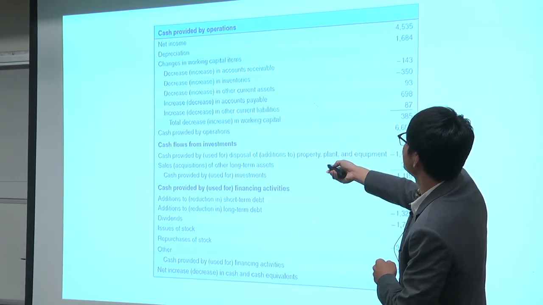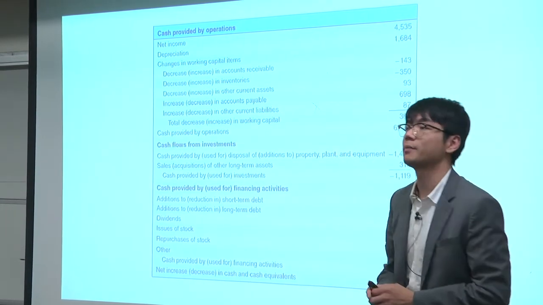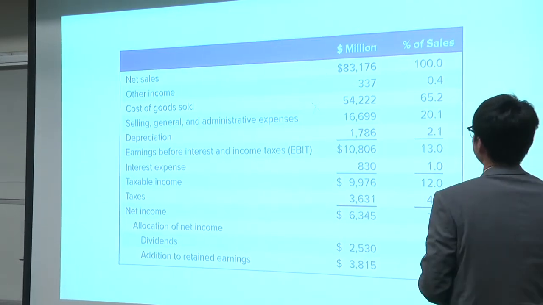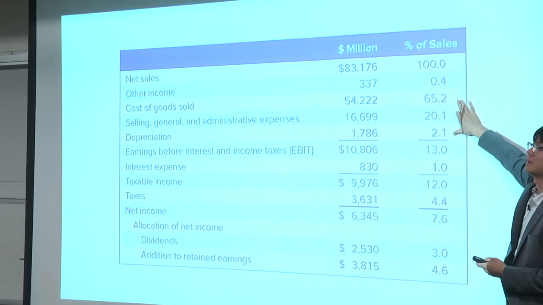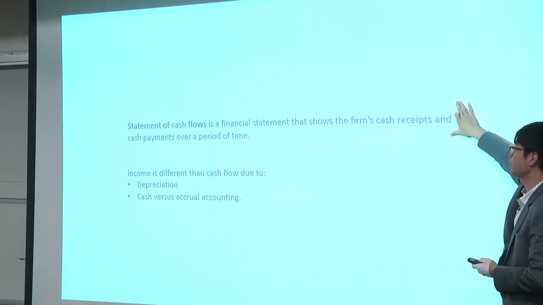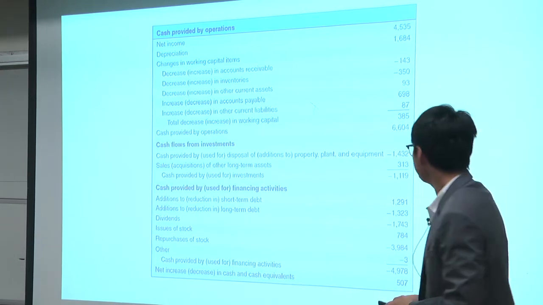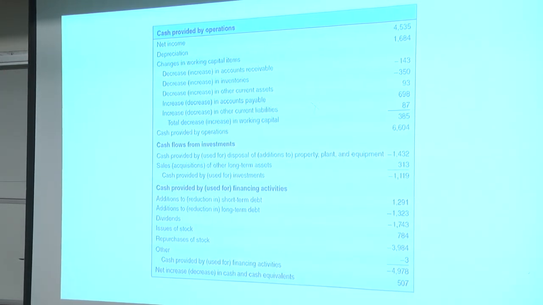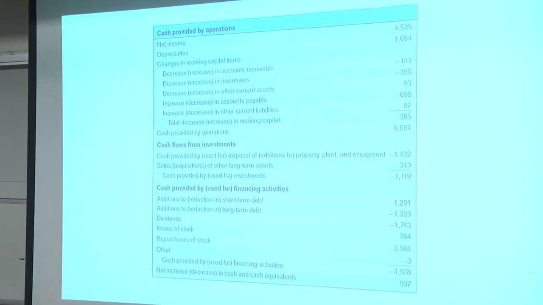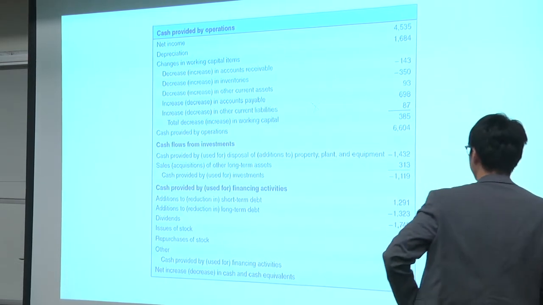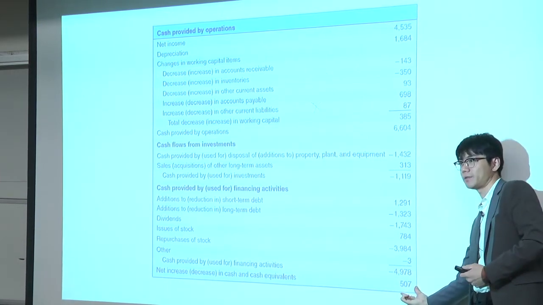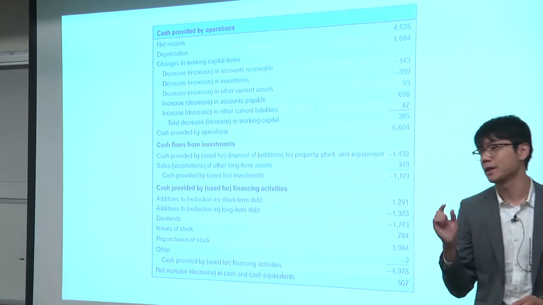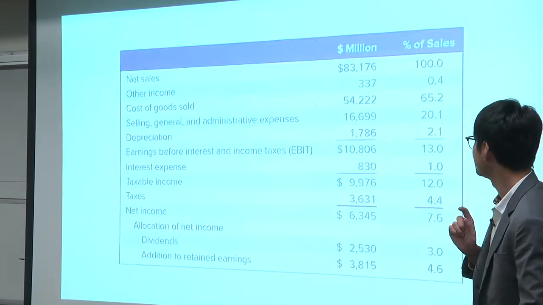A specific item here is depreciation, which is in cash flow by operations, because you can see that in the income statement, it's the same. It's in the first part of the income statement, so that's by real operations. Then once you calculate all the cash flows from the three parts, you reach a net increase or decrease in cash and cash equivalents, this number. This number is associated with an item in your balance sheet.